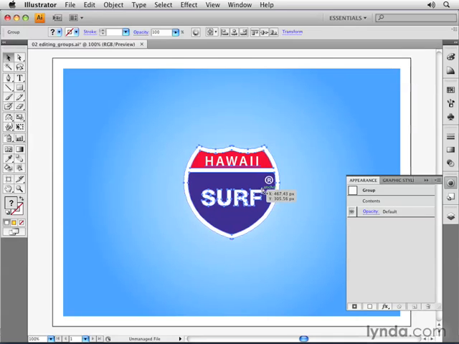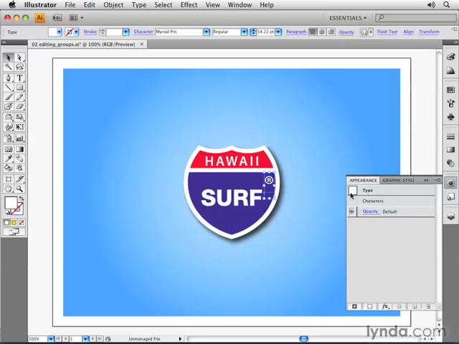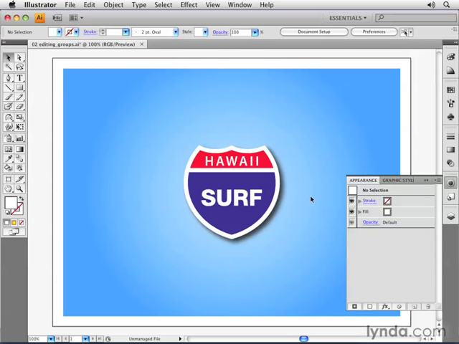So I'm going to press Command Z or Control Z just to go back to where I had the drop shadow applied to the group. I'm now going to take this registered trademark symbol and cut it to my clipboard. I'm going to hold down Command X or Control X on PC. And now I'm going to use something called the isolation mode feature to get